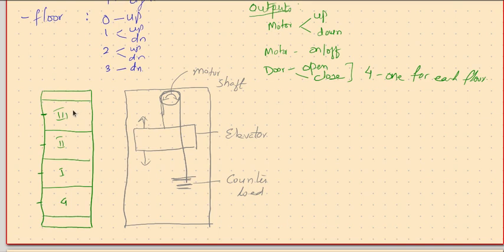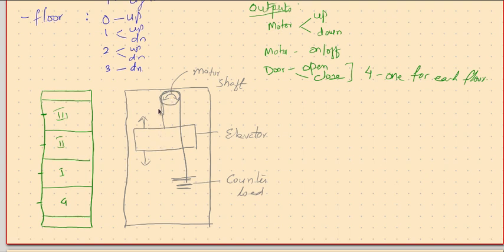we have the first floor, we have the second floor, we have the third floor. And in how the elevator system is, there is a motor on the top, and there is a pulley arrangement. On one side of the pulley, the elevator cabin is connected, and on the other side of the pulley, a counter load is connected, which is almost equal to the load of the cabin. And when you want to make this move up and down, rotate the motor clockwise or anti-clockwise depending on how you want to move.